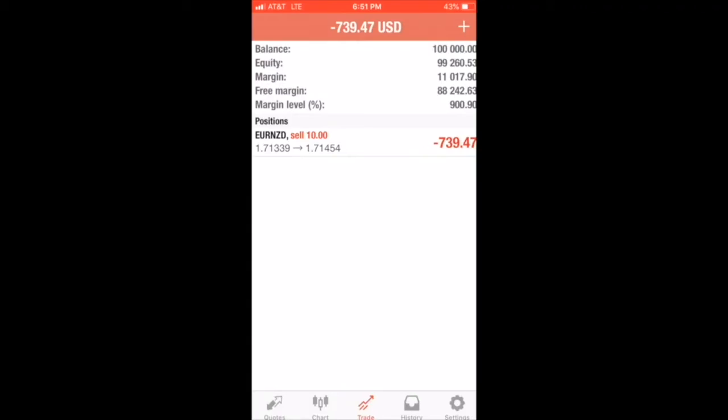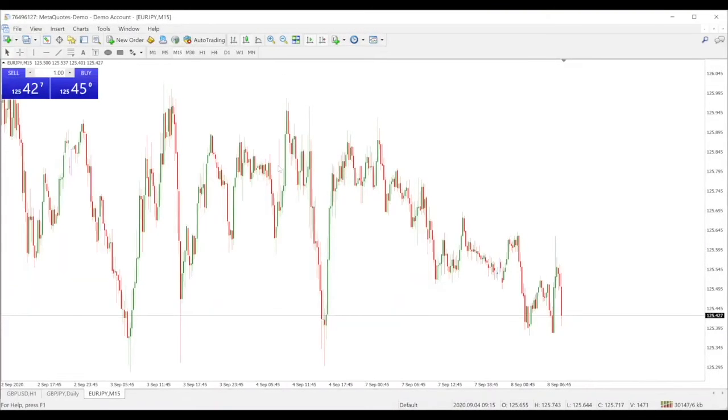So now we'll be looking at how to enter a trade on the desktop version of MT4. Before then, there's no stop loss and no take profit, because it's on instant execution. So now let's go to the desktop version. So we are in the desktop version. If we want to enter a trade,